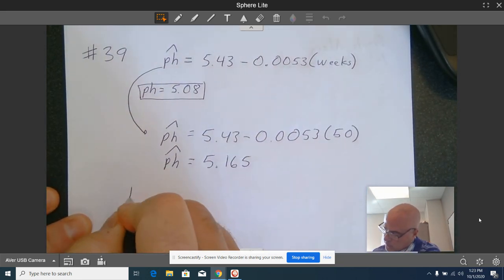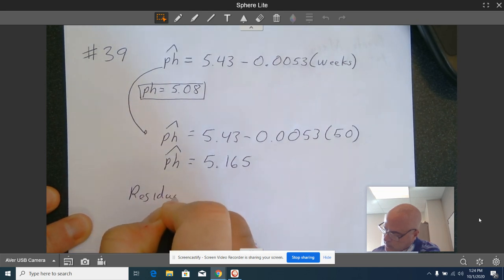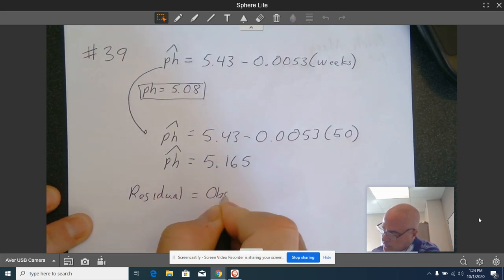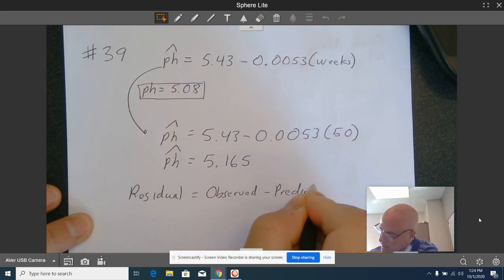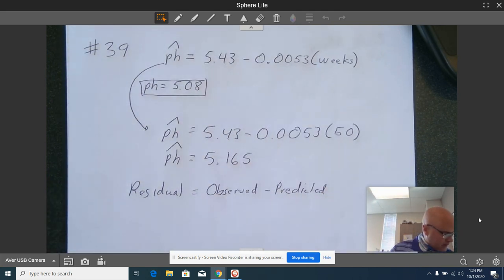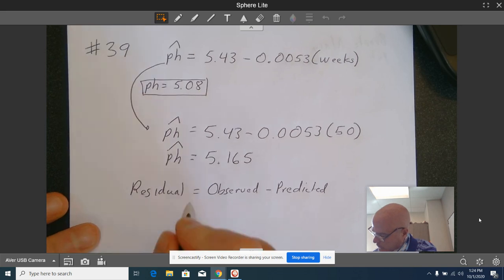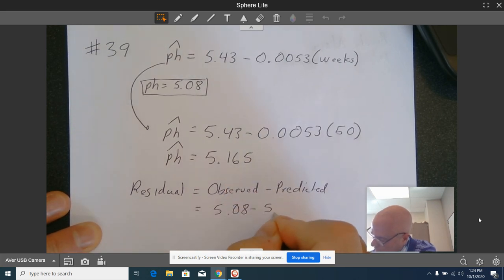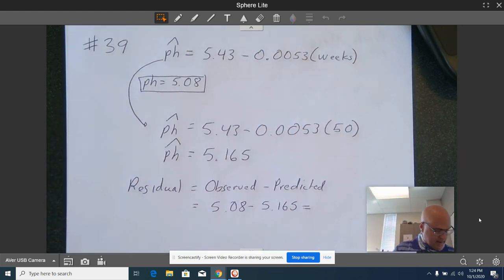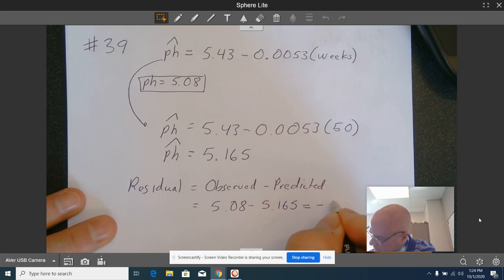Okay, now the residual is always observed minus predicted, because I think what they asked for in 45 is for me to find and interpret the residual for the week. So let's find it first. Observed is this one, 5.08 minus, that's your predicted, 5.165. And when I do that, I get a negative number. And I'll talk about that in a second. Negative